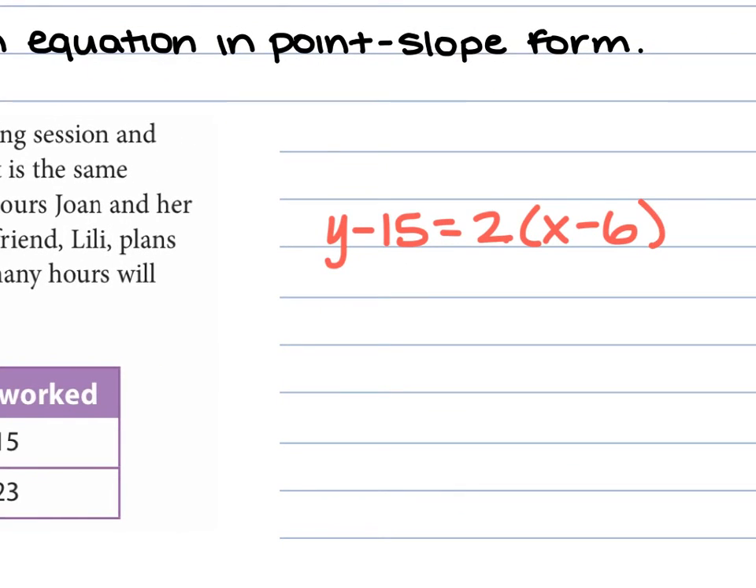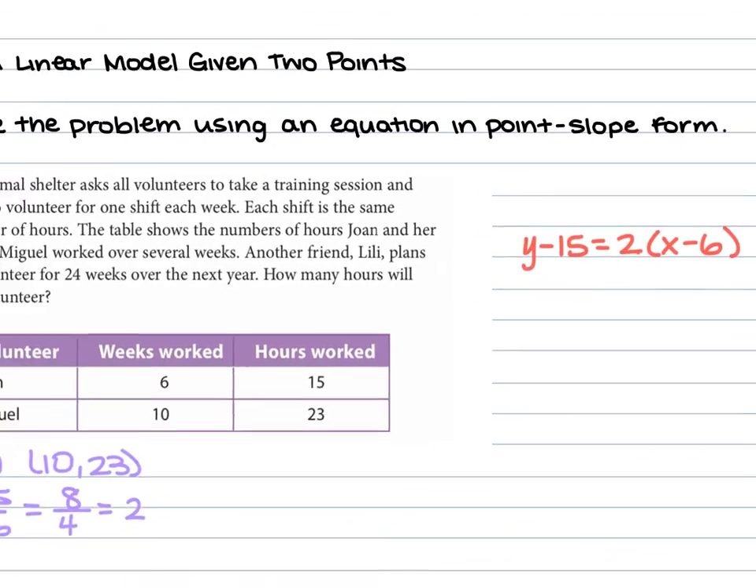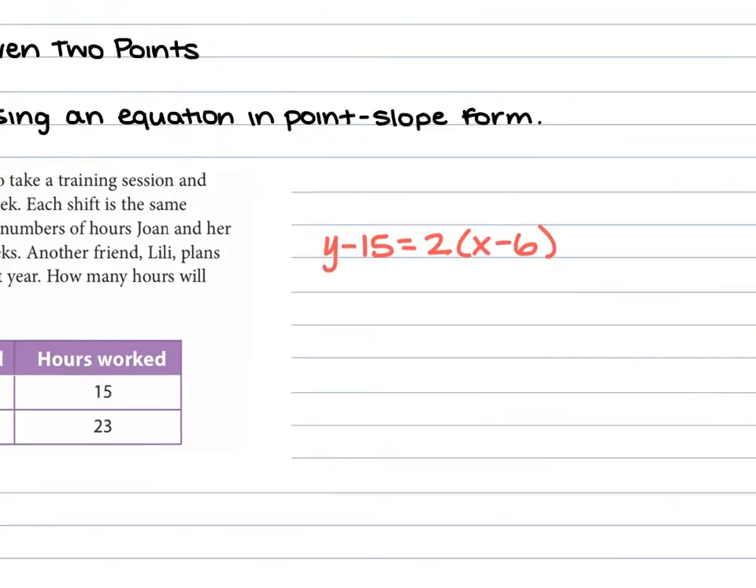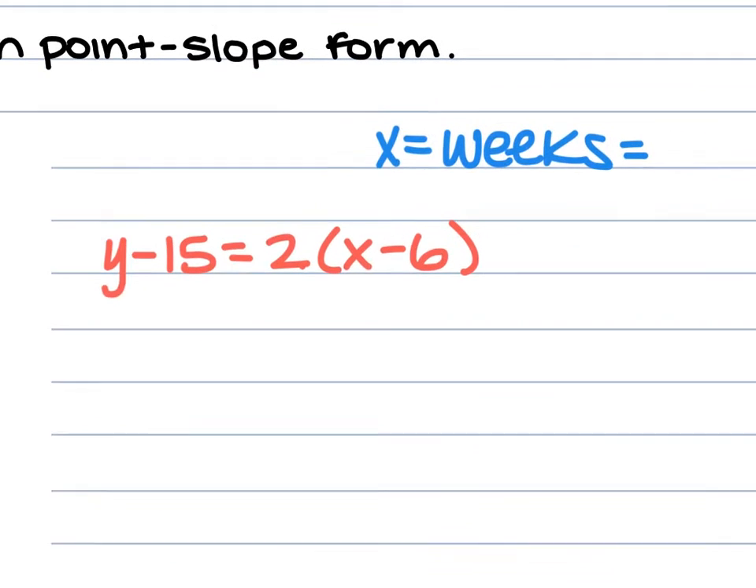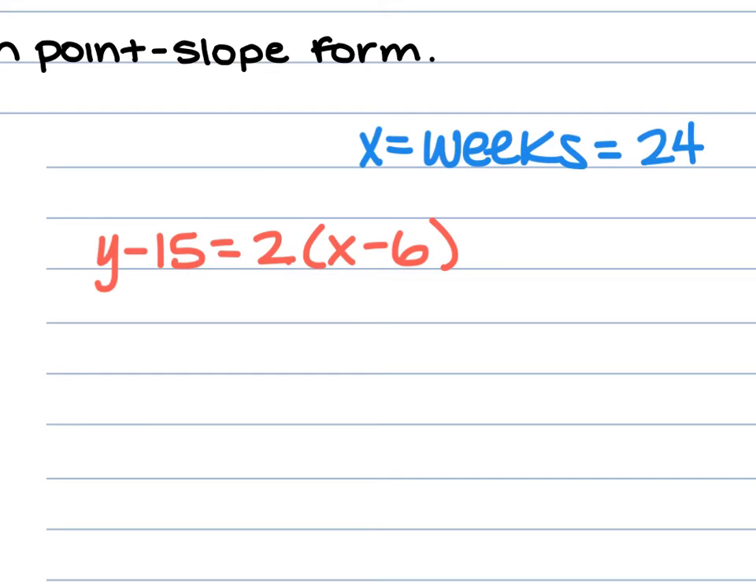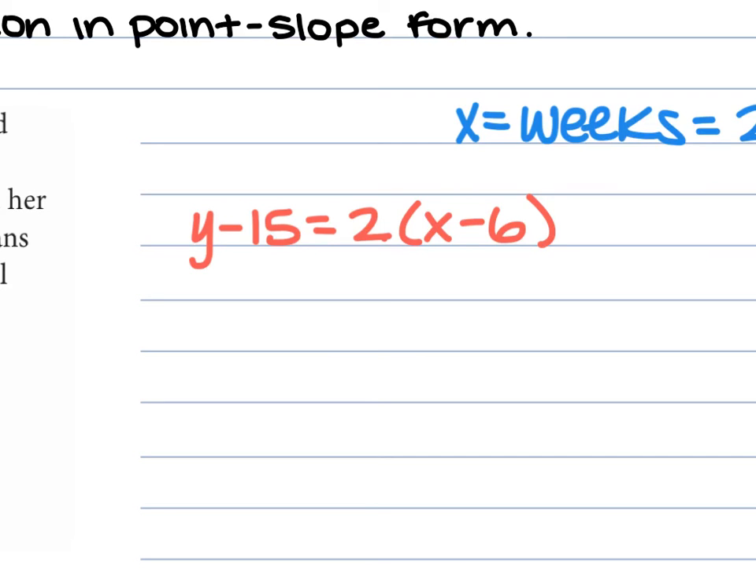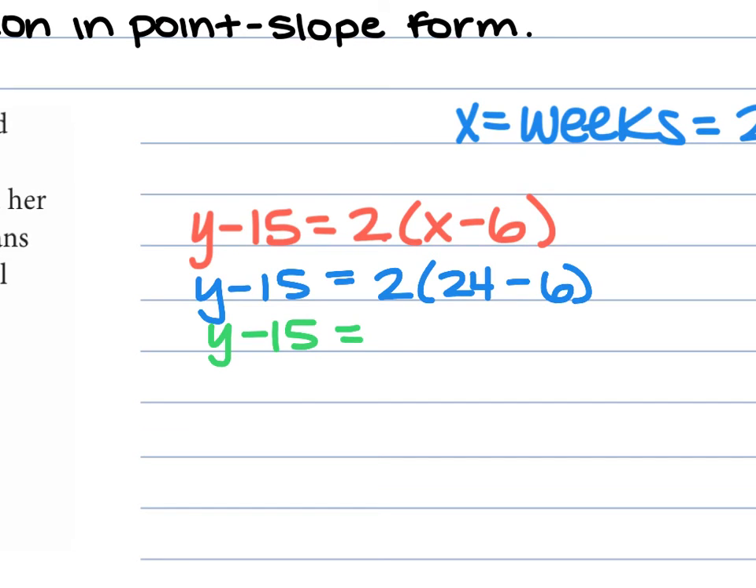From here, Lily is going to work how many hours? 24 weeks. So our x is our weeks. We need to know what y is when x is 24. So we are going to plug in the 24 for x. So y minus 15 is equal to 2 times 24 minus 6. The 24 minus 6 is 18, so y minus 15 is equal to 2 times 18. 2 times 18 is 36, so y minus 15 is equal to